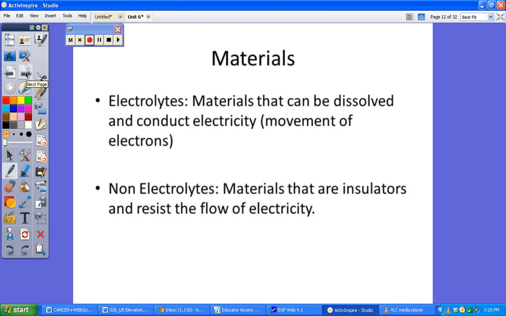We mentioned the discussion of electrolytes. Electrolytes are basically the ones that can conduct electricity. Things like sodium are a great conductor. Chlorine is a conductor. It's an ion. It's an electrolyte. Non-electrolytes are things like sugar. They resist the flow of electricity. So sugar is